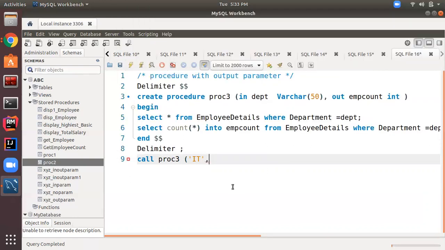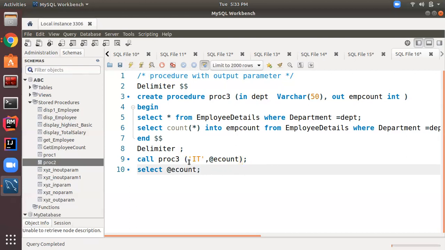Okay, at the rate e count. Okay, so it will fetch the output value into the e count, right? Then after that you can display this e count like this: select at the rate e count.